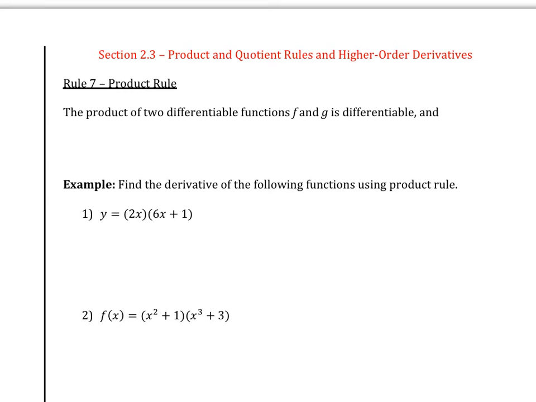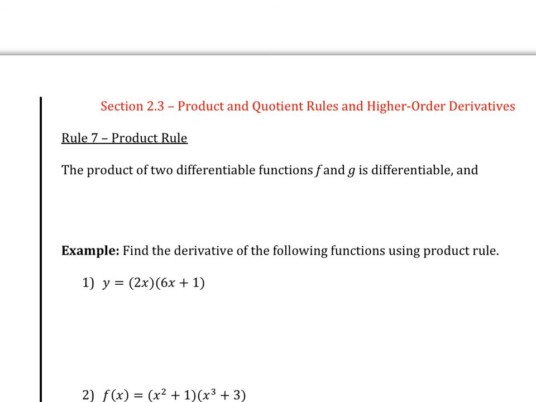In this section, we're going to look at some more derivative rules, and it's going to get a little bit more and more complicated as we learn more rules. Rule number 7 is called product rule, and product rule is when you have two functions that are multiplied together,